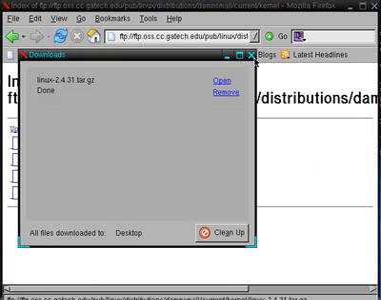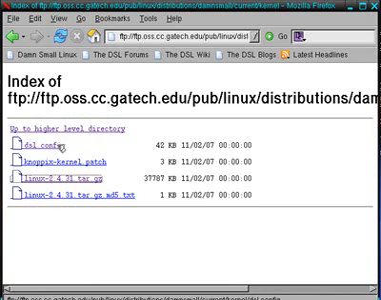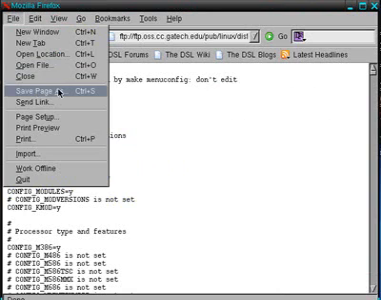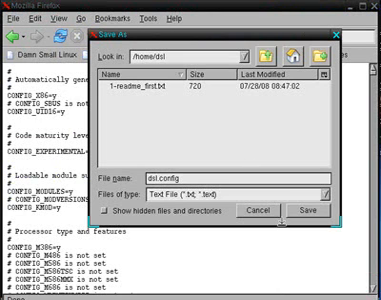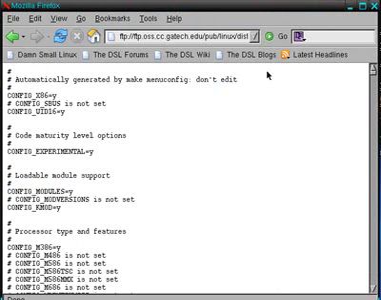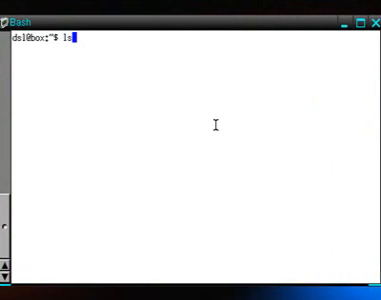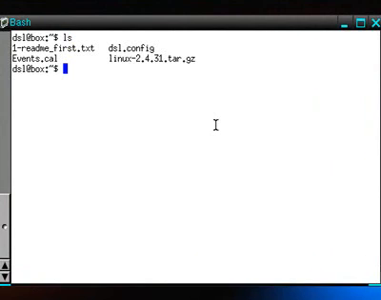Once the kernel's done, we're also going to want to download this file, dsl.config. This is the configuration file that was originally used to build the kernel. Now that that's done, go to the home directory, and you'll notice that these files are there. I'm going to use the move utility, since we don't need them in this location anymore,